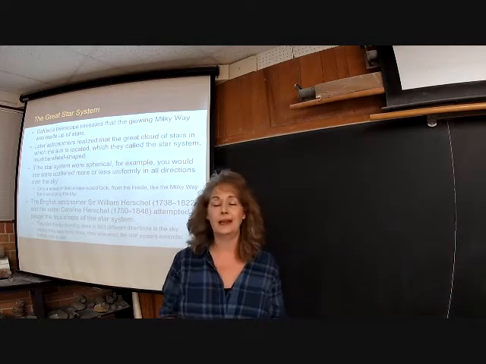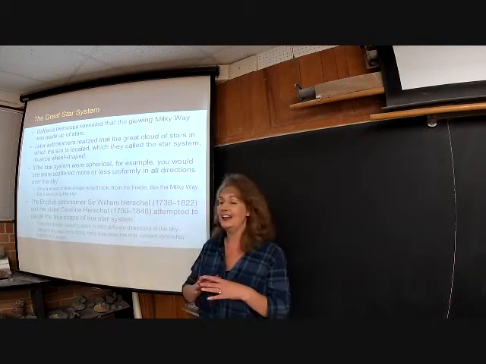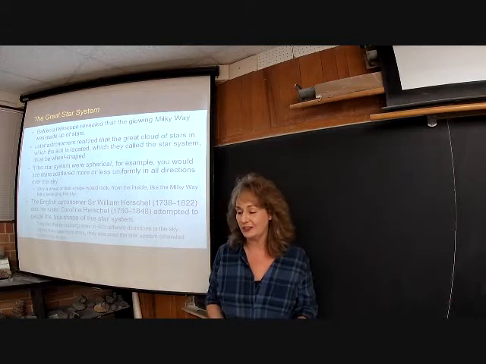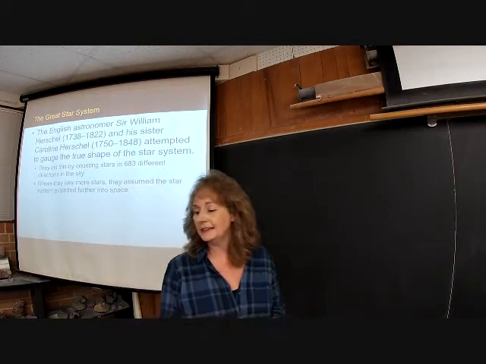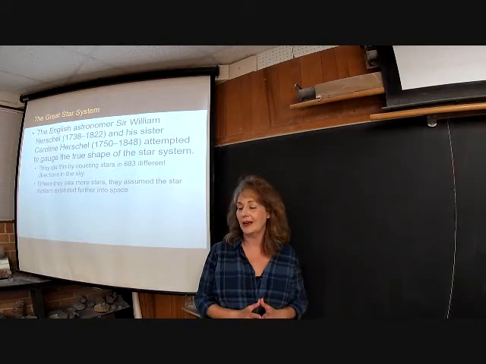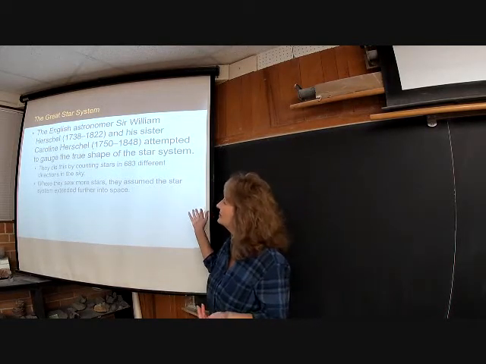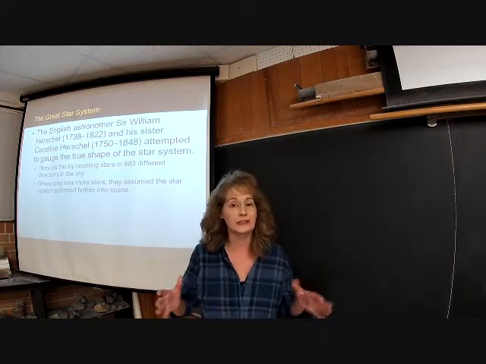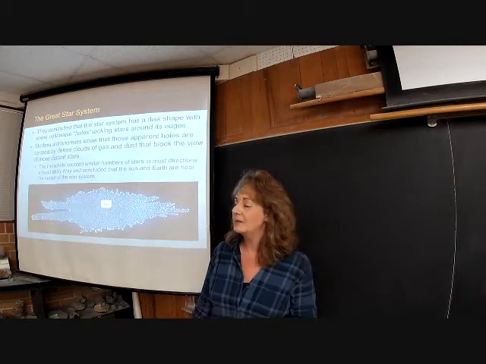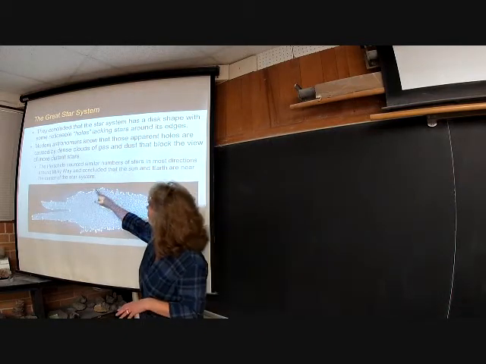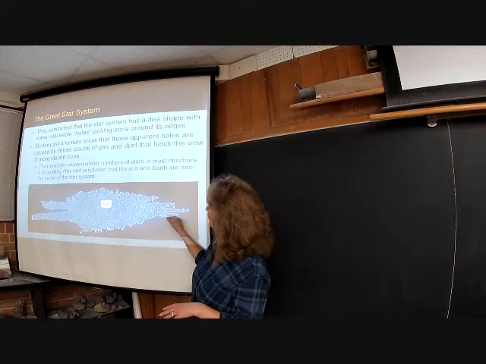They did this by counting a lot of stars in 683 directions. They started counting across the sky and trying to gauge this. Where they saw more stars, they assumed that the star system extended a little further into space. And so they came up with a little picture where there were a few little gaps here and there, but sort of this